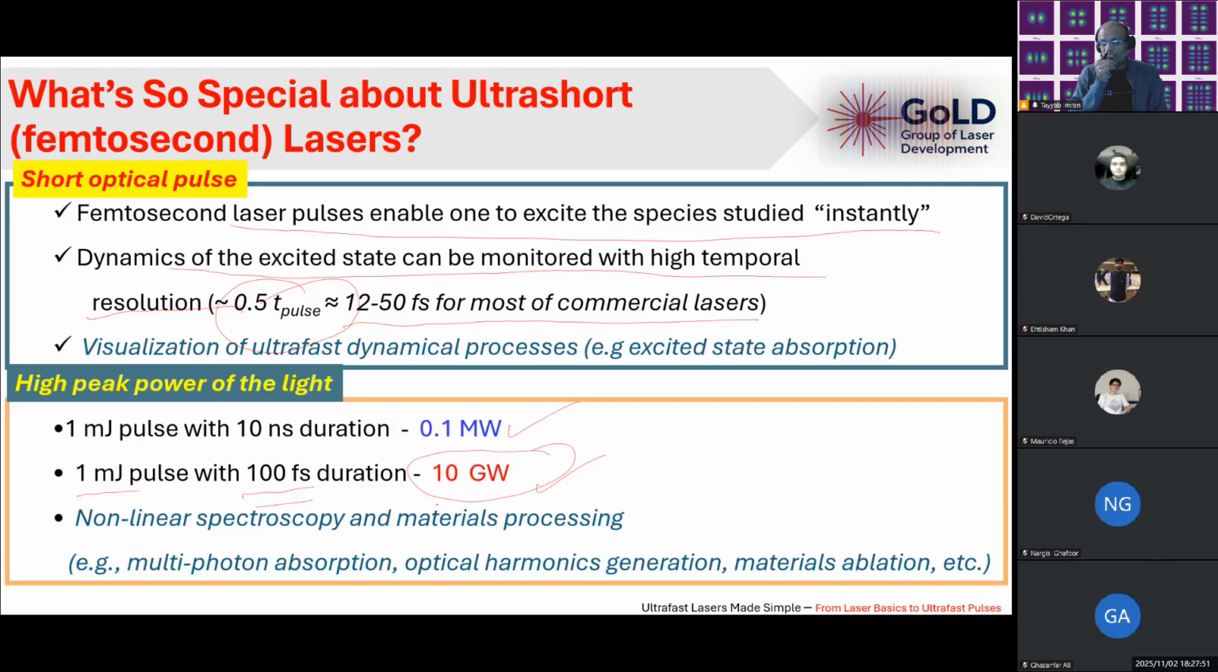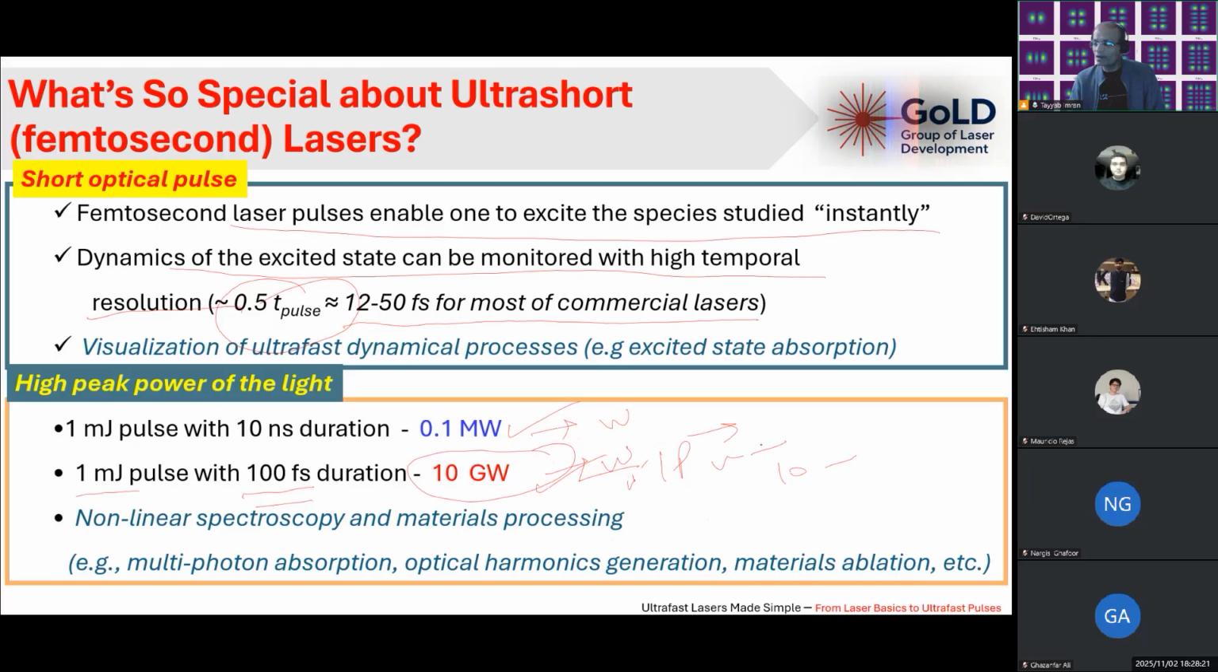10 gigawatt peak power is a huge peak power. But now you can even have petawatt. You have to figure out megawatt is equal to how many watt, gigawatt is equal to how many watt, 10 to the power what, and petawatt. You have to figure it out. And even 10 petawatts